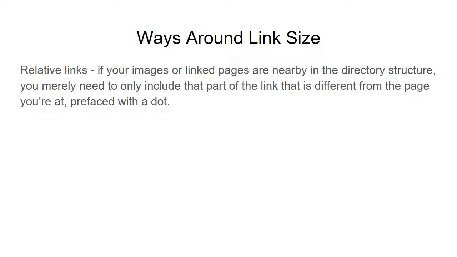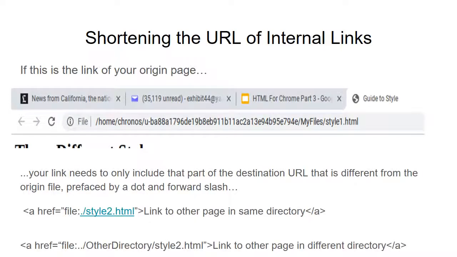So if you have, like we said, you could cut and paste the entire link text of the destination page into the link in the origin page to send the user via link to the second page. But that's a huge amount of text to cut and paste. Something could go wrong. So you don't want to do that,